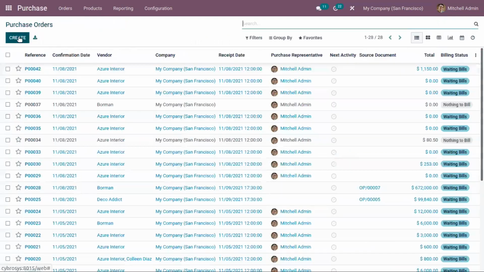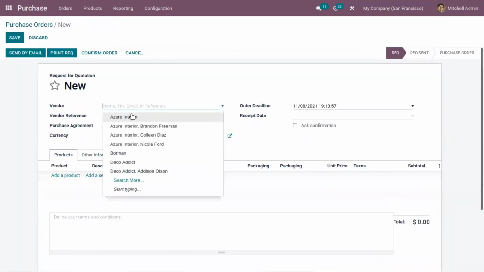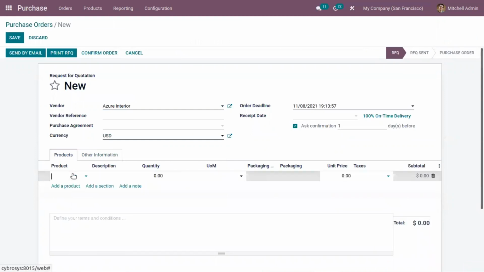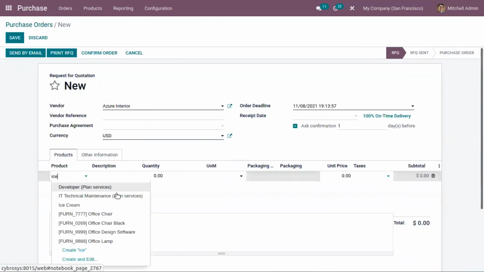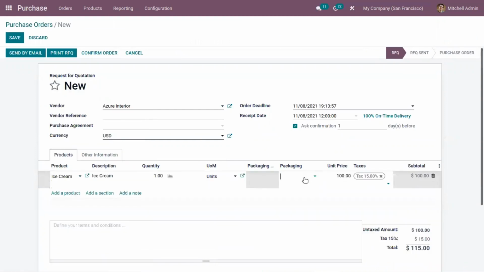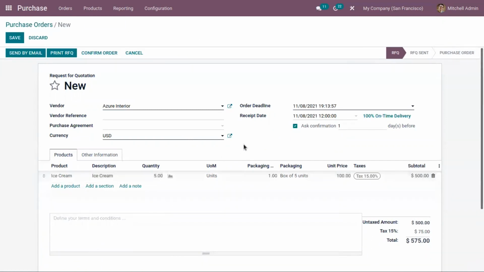Now again, if you create a purchase order for the product ice cream, box of 5 units, you can see quantity 5.